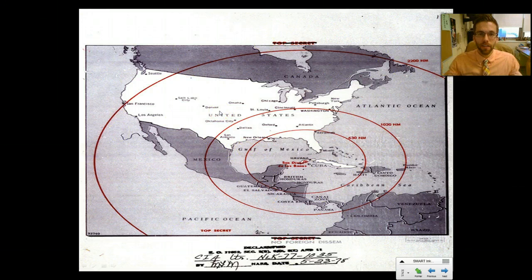We can pretty much get anywhere in the United States now with a missile. This is scary. Talk to anyone who lived through this time period; this freaked them out. I mean, this is going to be as close as the United States gets to a nuclear war because of this Cuban Missile Crisis.